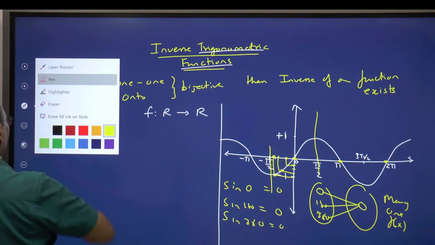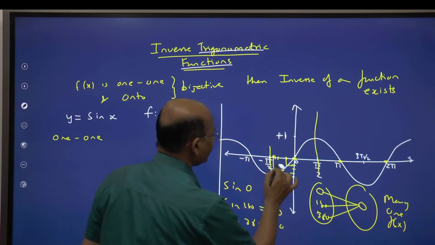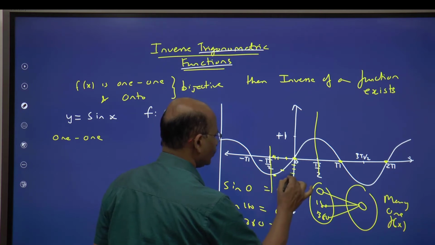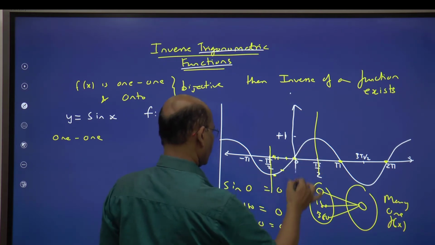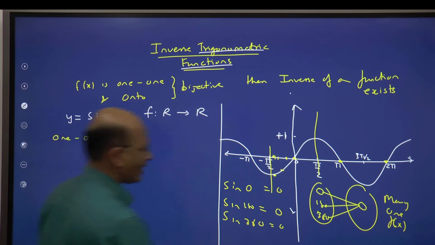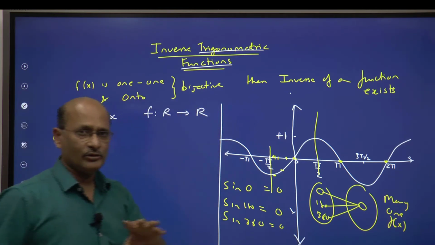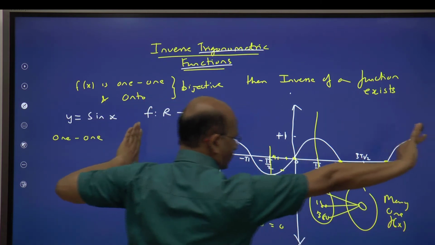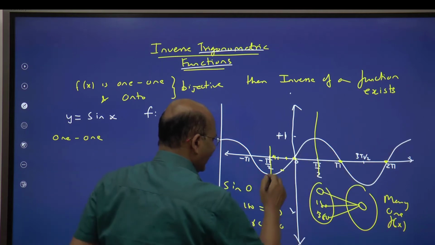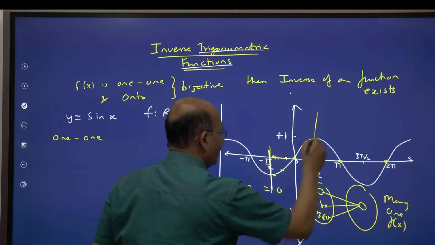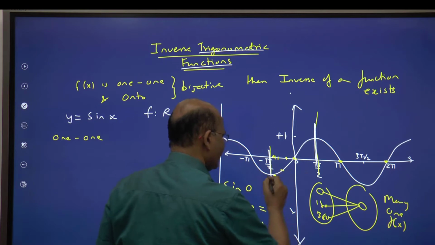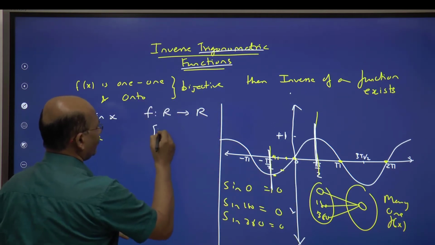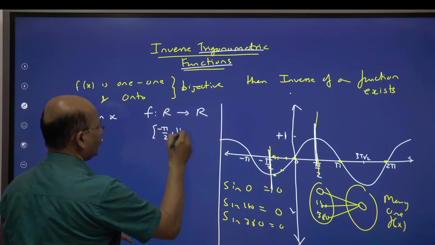So I don't want to go with this part right now, so I can just remove that quickly so that it becomes easier for me. I am talking about this line; this is the y axis here. Now what I am trying to tell you is that instead of studying across the real numbers, if I limit the domain from minus pi by 2 to pi by 2,